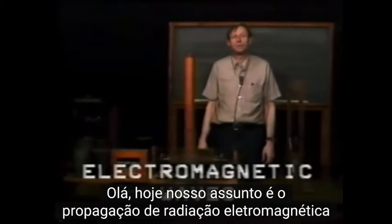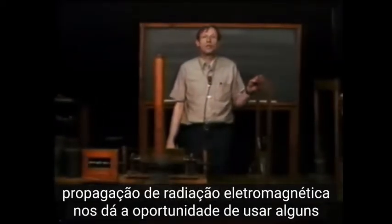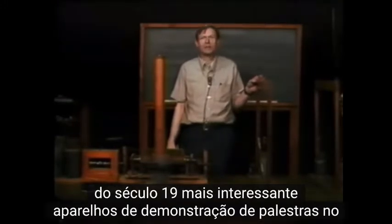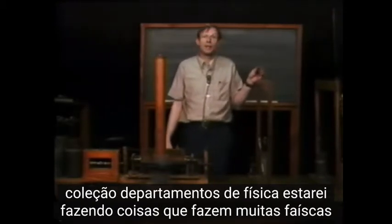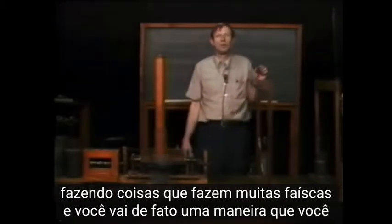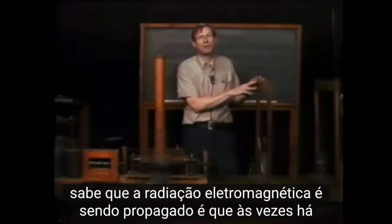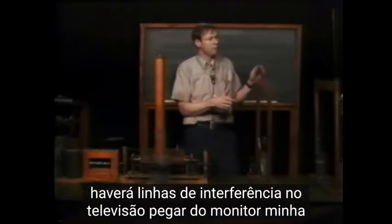Electromagnetic radiation gives us an opportunity to use some of the most interesting 19th century lecture demonstration apparatuses in the physics department's collection. I will be doing things that make lots of sparks, and one way that you'll know that electromagnetic radiation is being propagated is that sometimes there will be interference lines on the television pickup of the